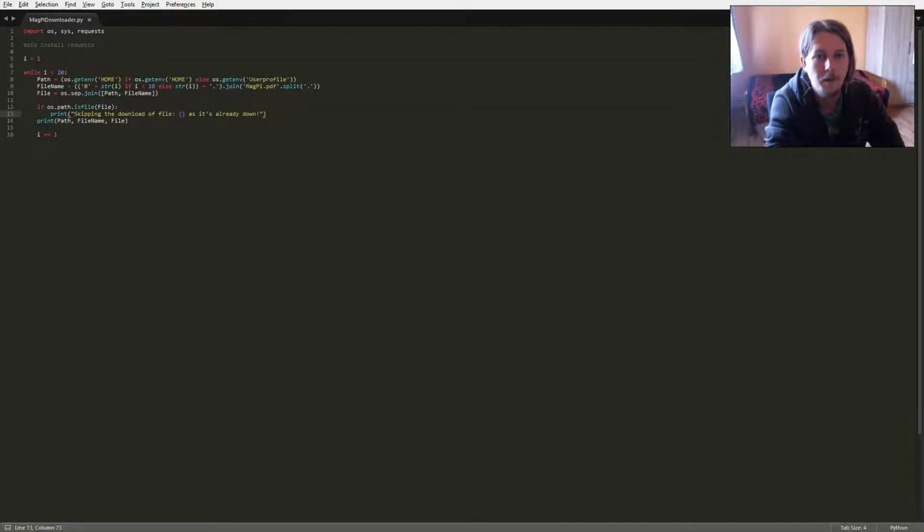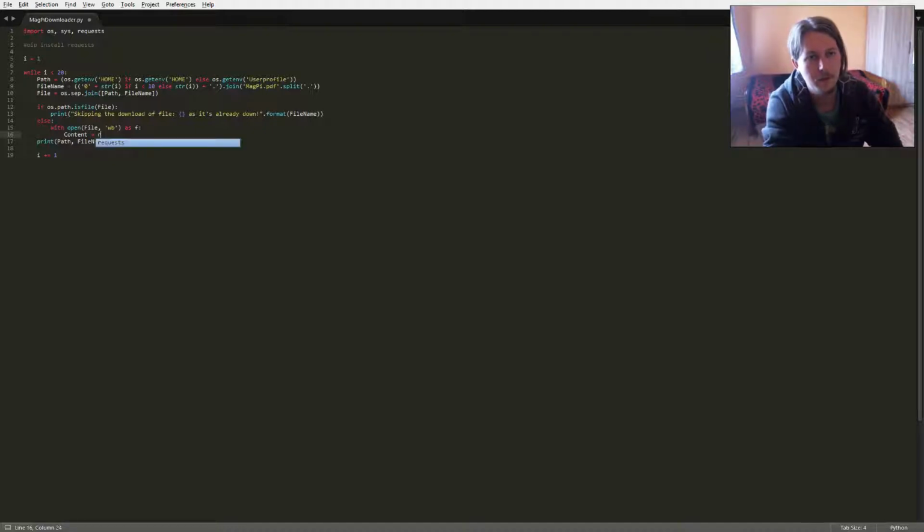Format file name. Otherwise, I'm going to use a context handler, which is the with statement, and I'm going to open the file in write binary as f variable, and I will say that the content equals the